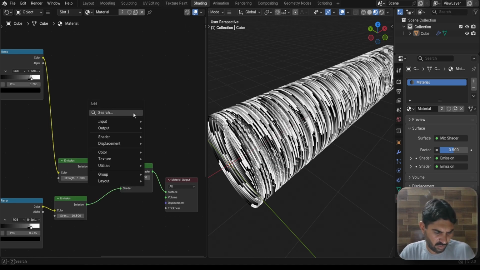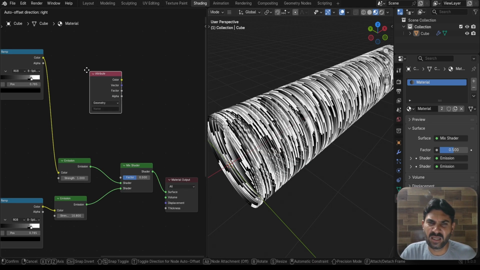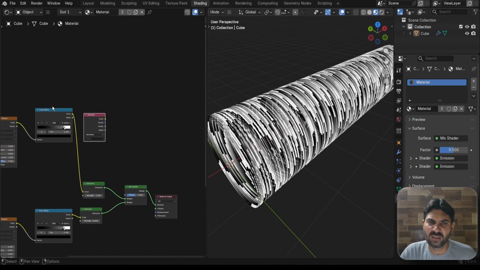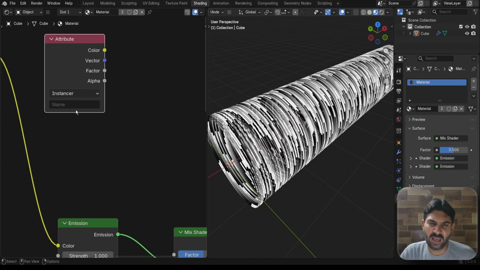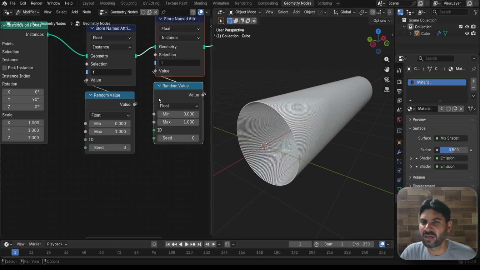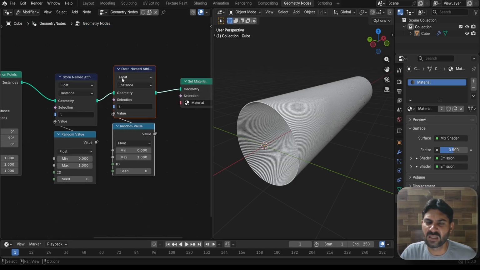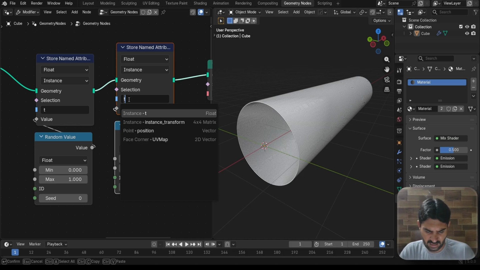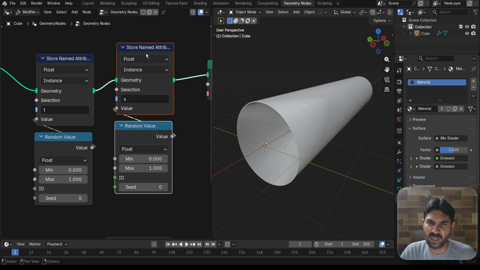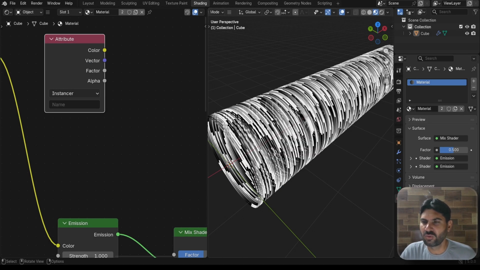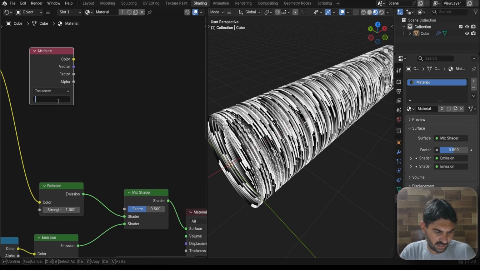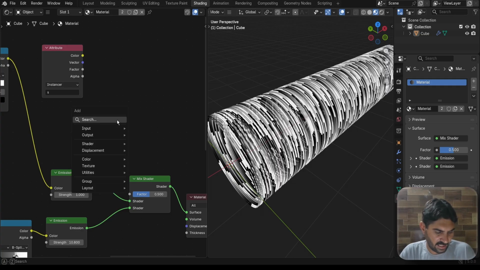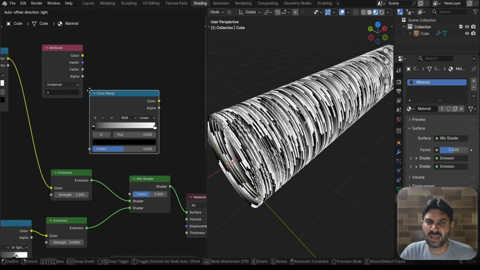here I search for the attribute and this attribute, move this color ramp here, and this attribute is also an instancer, and here I use a different letter which is different from both of these two, and here I put another letter S. So we can pick this attribute in the material panel to place another material on the selective instances which we can select, and here I put this S, and now here I search for the color ramp and place it